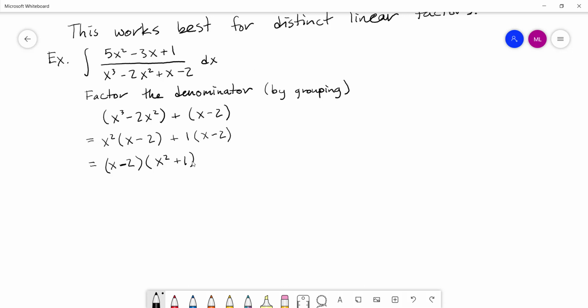And this is a quadratic term. It is not a difference of two perfect squares. It is a sum of two perfect squares, so there's nothing we're going to be able to do. We're not doing imaginary numbers as our roots or anything like that. So this is as factored as this is going to get. And you'll notice we have one linear term of multiplicity 1 and one quadratic term also of multiplicity 1. So now we're going to have to guess